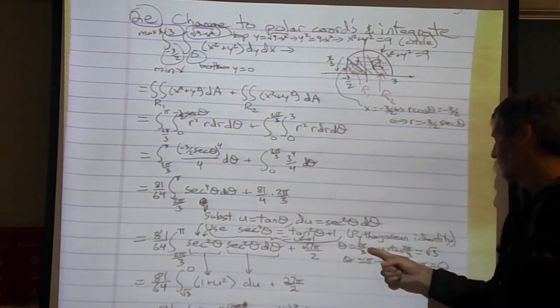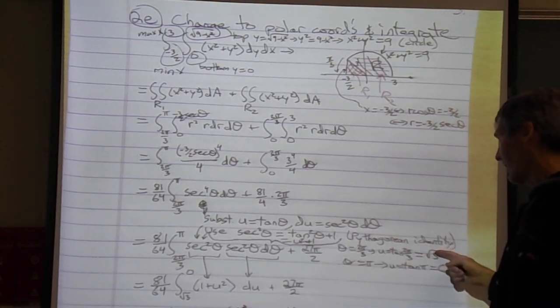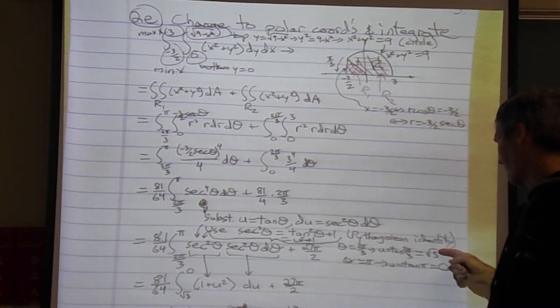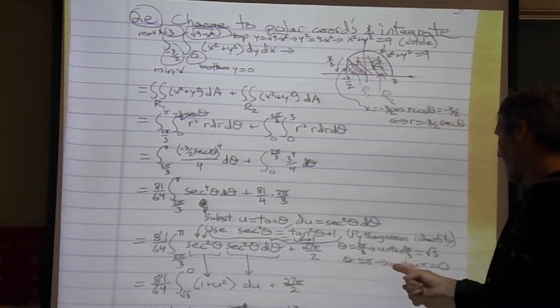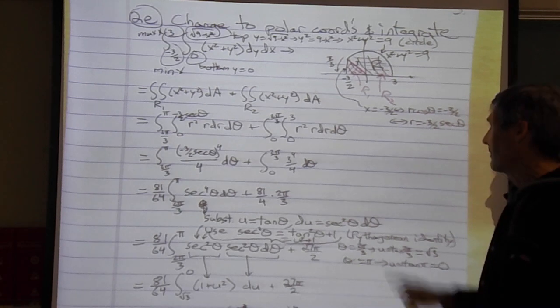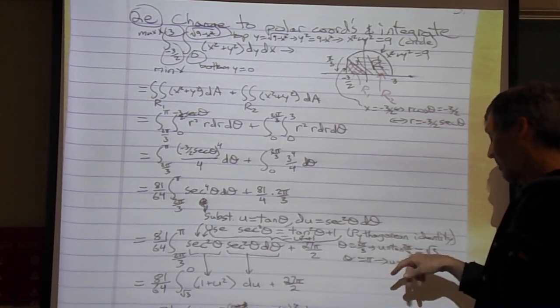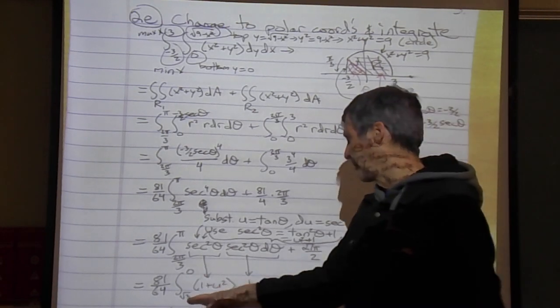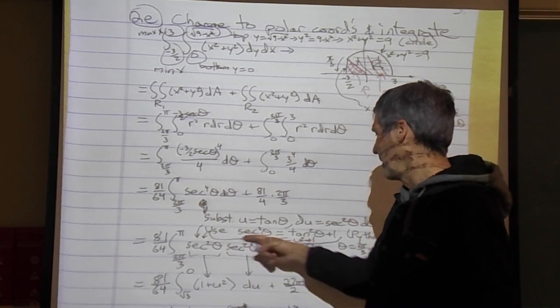then when theta equals 2 pi over 3, u is tangent of 2 pi over 3, which must be square root 3. You can figure that out from the 30-60-90 triangle, or from the unit circle again. And then when theta equals pi, u is tangent pi, which is 0, right? You can figure that out in the unit circle too. So I'll now go from square root 3 to 0, integrating 1 plus u squared, which is secant squared, du is